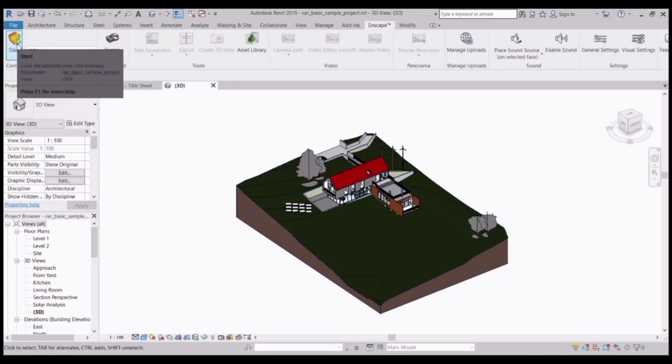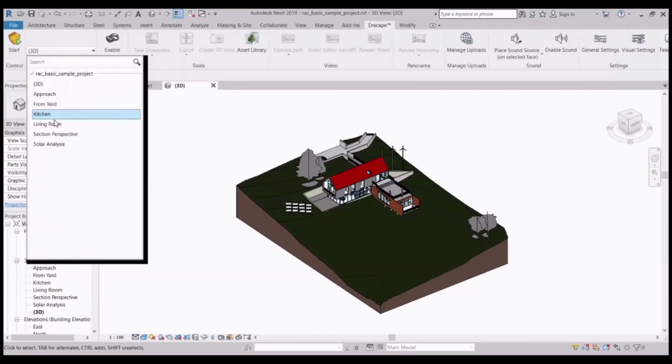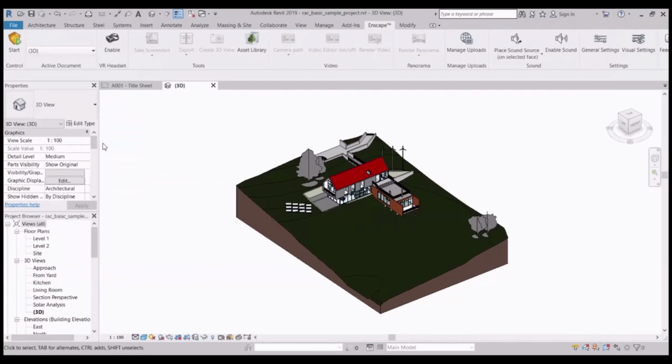Here you can set the view which you want to access in Enscape, so you can select from here. And if you have any VR headset, you can enable it, connect it, and have that experience.